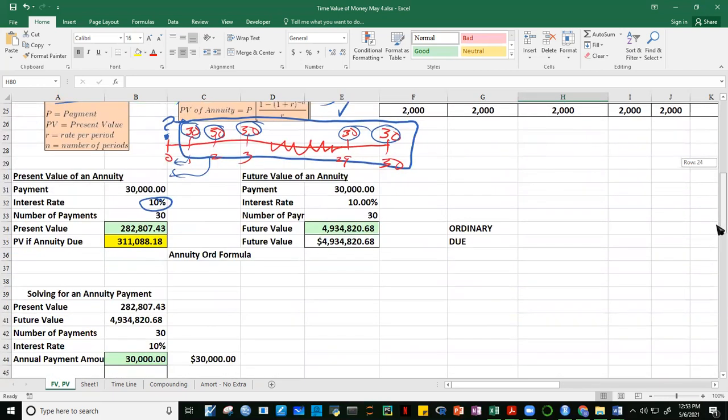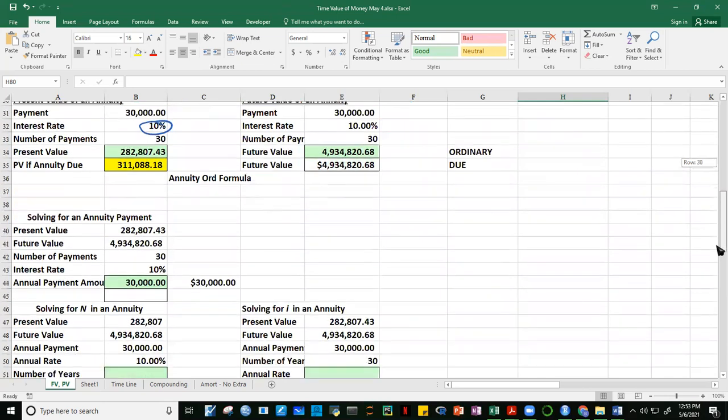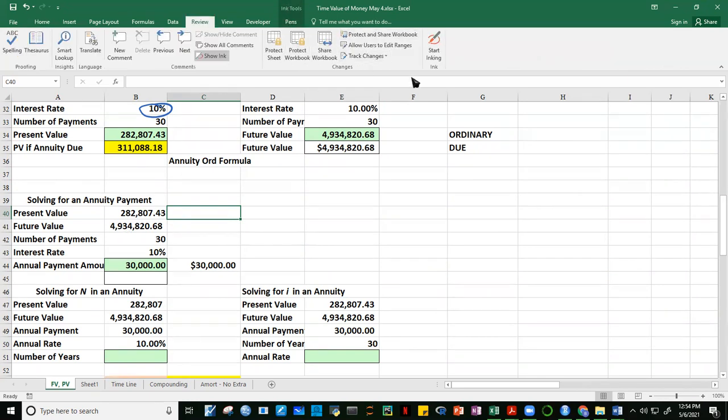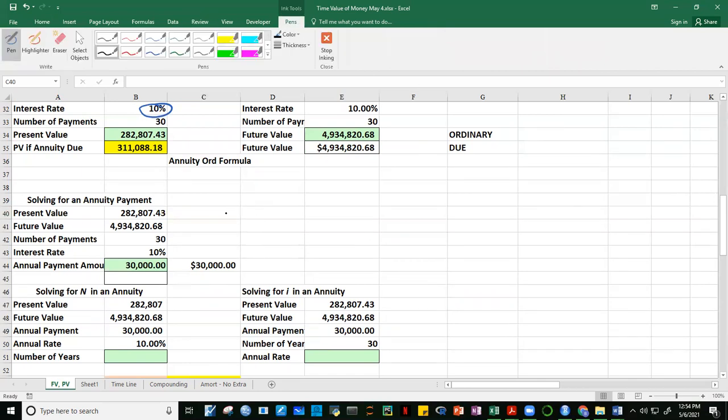Saan ba tayo natapos last time? Okay, this one, right? Solving for an annuity. Here we're given the present value or the future value. These are equivalences. Itong dalawa, these are equivalent cash flows. So it doesn't mean, okay, so let me just write there. So, okay, ito, so yung